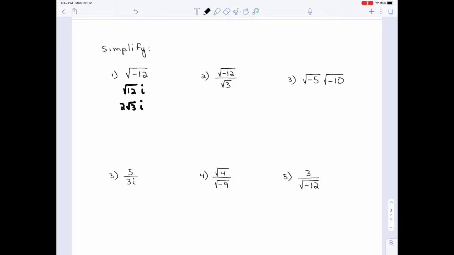All right, here. Can we do anything? No, we can't cancel. Why not? Because there's a negative under the radical. So we have the square root of the negative is i, and the square root of 12 is just the square root of 12. Yeah, we could take the square root of 12. Now may I cancel? Yeah, because the negative isn't under the radical anymore. So square root of 3